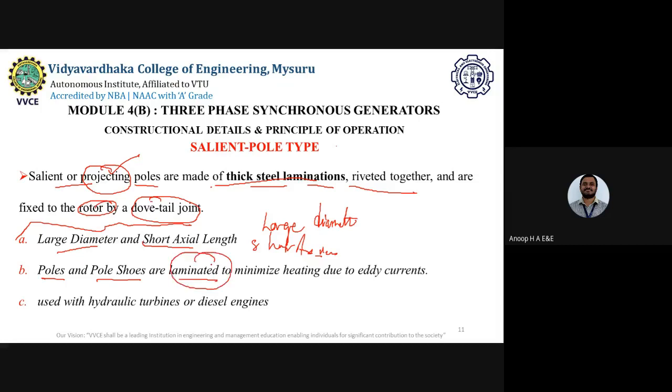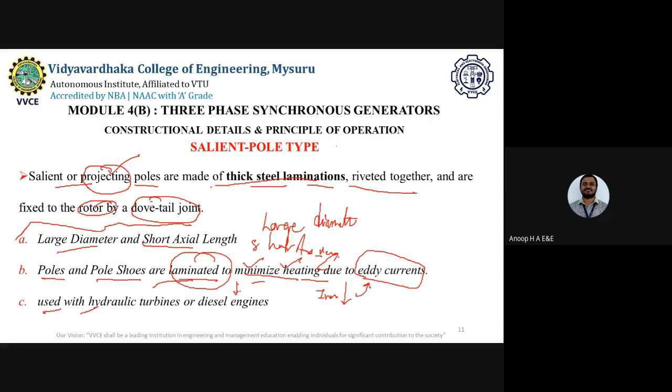Why do we need to go for laminations? To minimize the iron losses. In iron losses I'm specifically talking about the eddy currents, and you need to minimize the heating that is caused due to the eddy current losses. So once I select a material, I need to select it in such a way that the losses are less, because eddy current losses will be present if you take any machine into consideration. As an engineer, I need to reduce the losses which are present. That's the reason why I'm going for lamination.